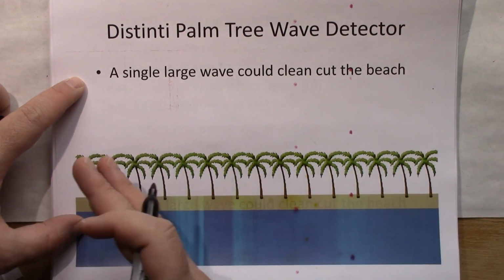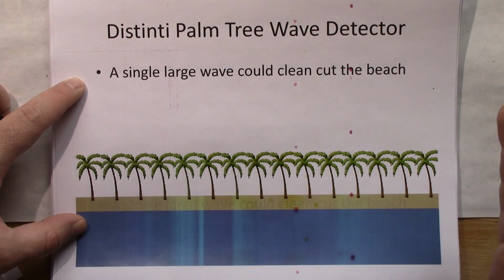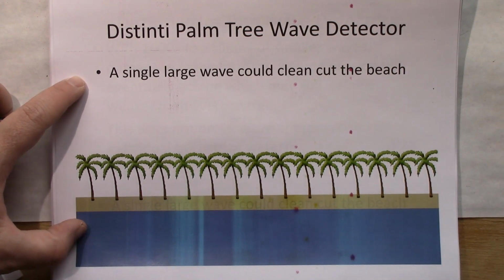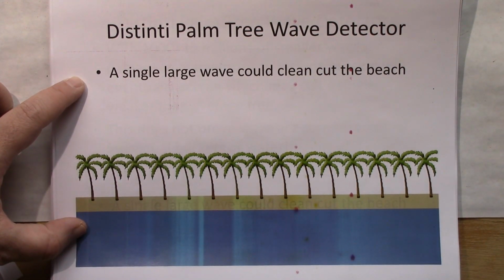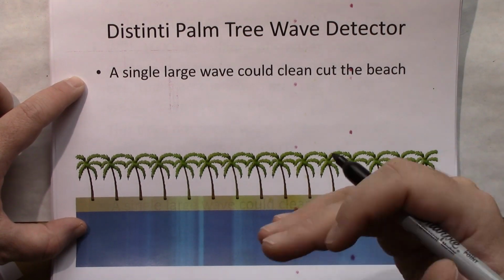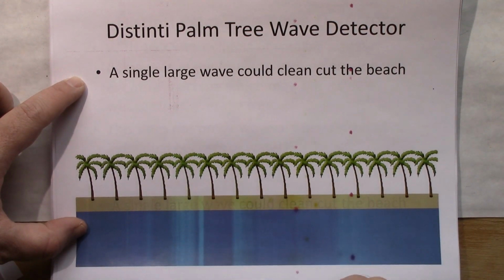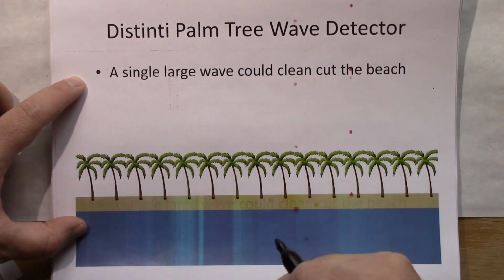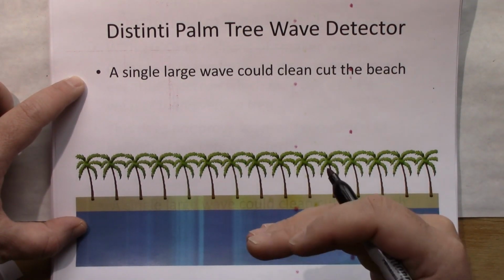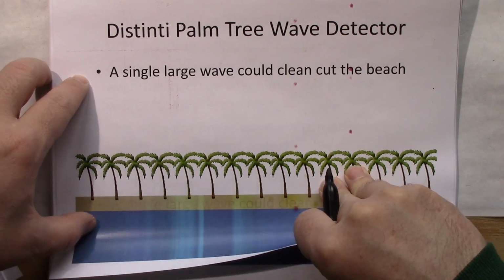Assume you have a tropical beach with palm trees lining the beach. If a high enough wave comes in, a strong enough, powerful enough wave, you're going to clear cut all these palm trees away, and then you have your detection that a wave occurred. But if we do what the physicists do, and we put an attenuator down so that the wave coming in is much, much smaller, so that any given wave can't knock over a tree,